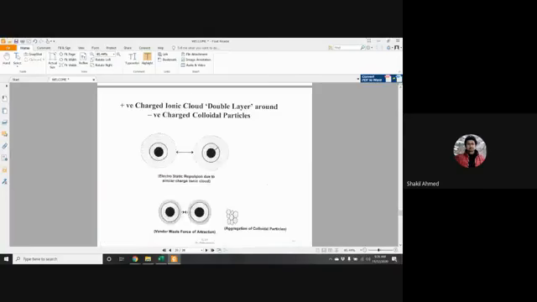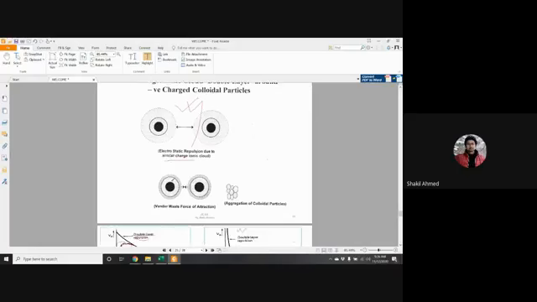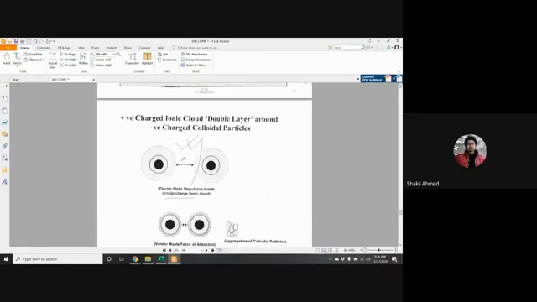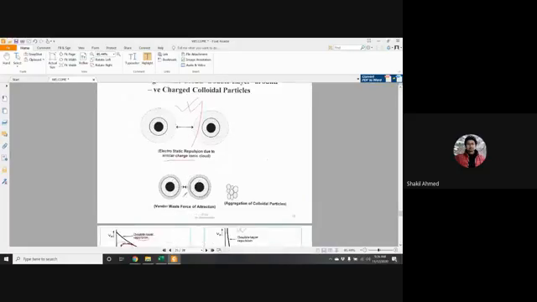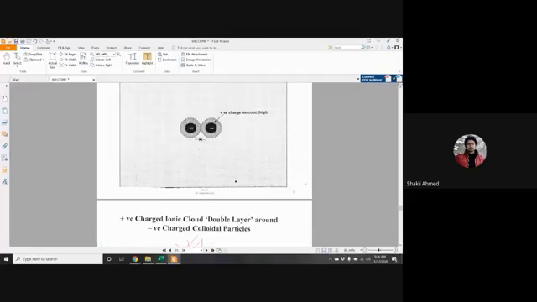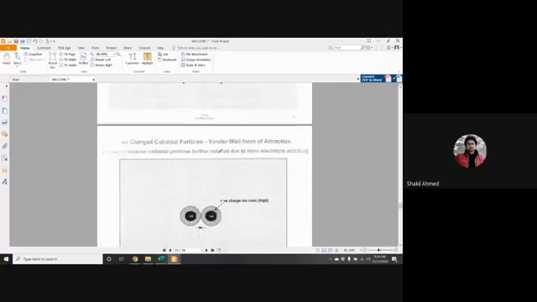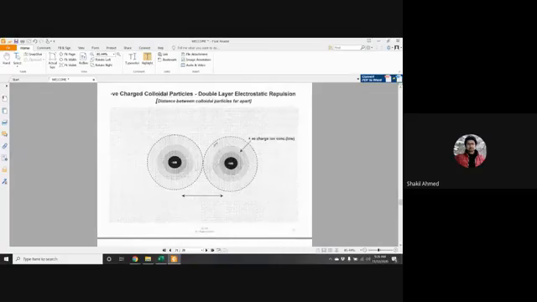Okay, this is the repulsion, and here this is attraction. And if attraction works, then aggregation of colloid particles happens. Okay, so these are the negative charge, and the negative charge is surrounded by positive charge. Okay,